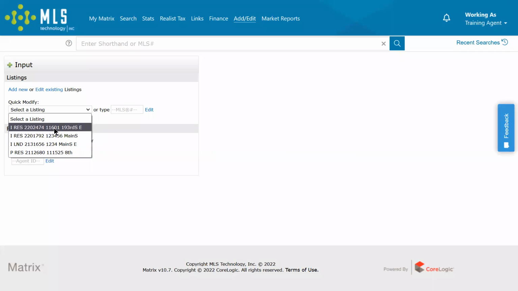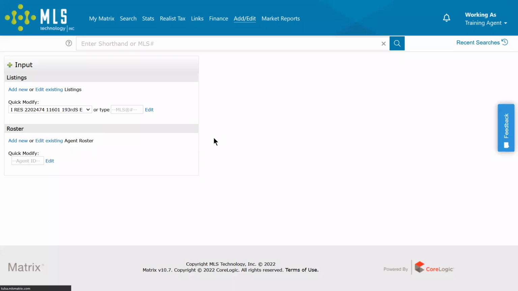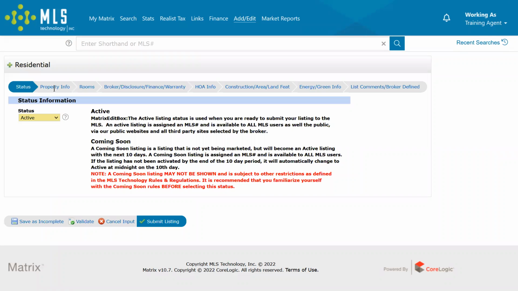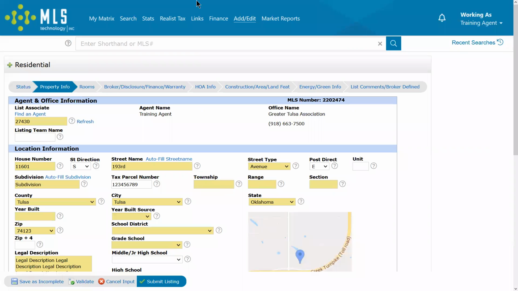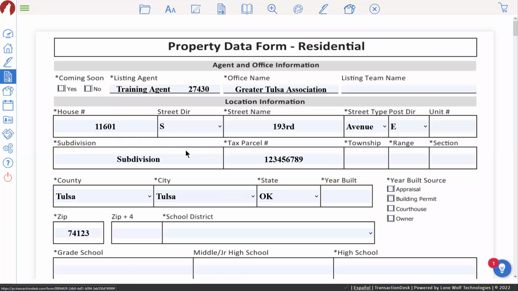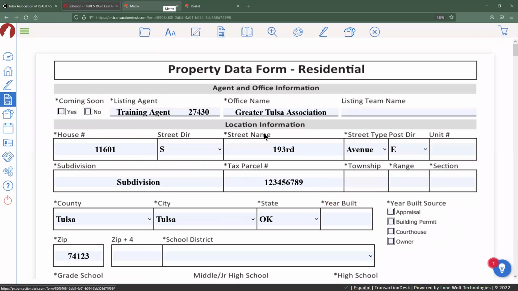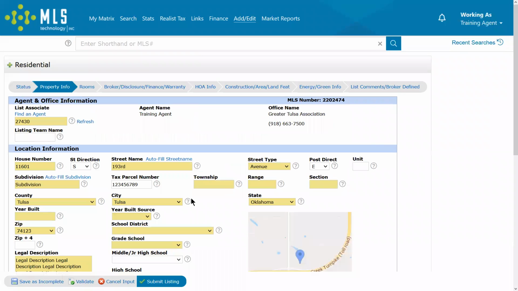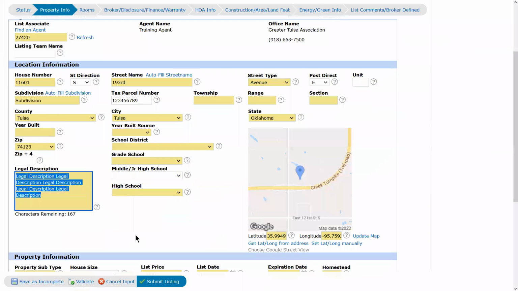Here we go. 11601, 193rd Street, or 193rd. So it makes it a lot easier to try and fill things out, because instead of having to fill it out on a piece of paper first and then come into the system and fill everything out into Matrix the same way, this is going to grab all of the information that you put in and dump it into a transaction for you. See, I've even got my legal description put in. So it makes it really easy.